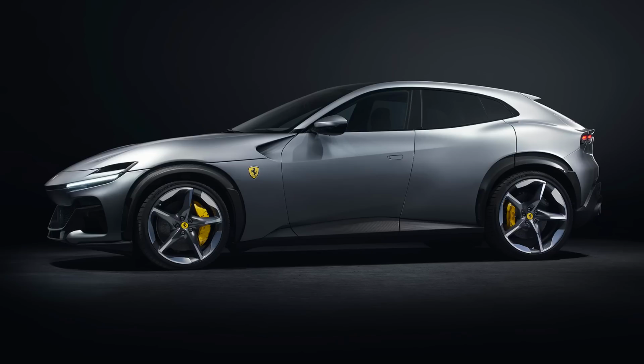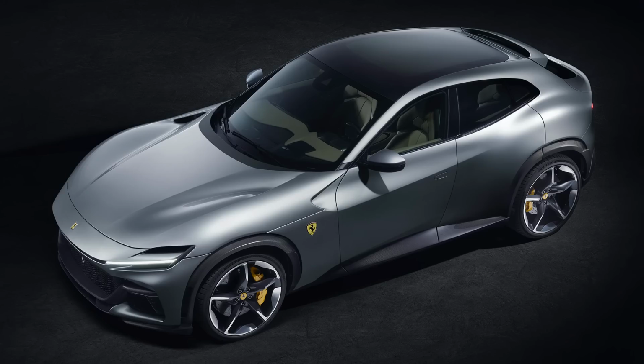As we then come around towards the side, this is where you have those very distinct carbon fiber wheel arches. Now, of course, the car sits a little bit higher than a standard Ferrari vehicle, and one way they have approached this is what they're doing both in the visual sense but also the aerodynamic sense around the wheels. They actually call these the floating wheel arch trims, which generate air curtains to help with the aerodynamic flow